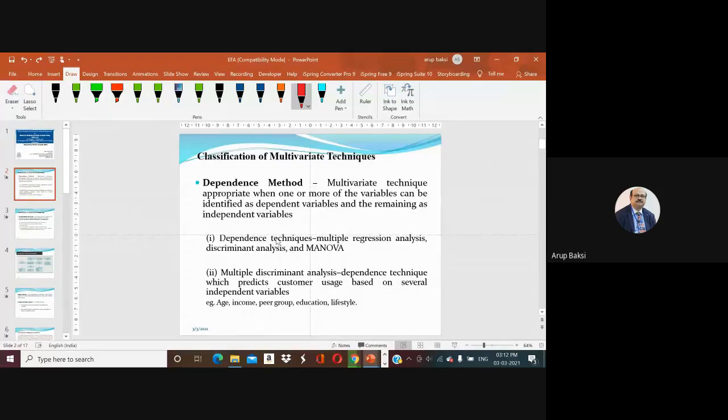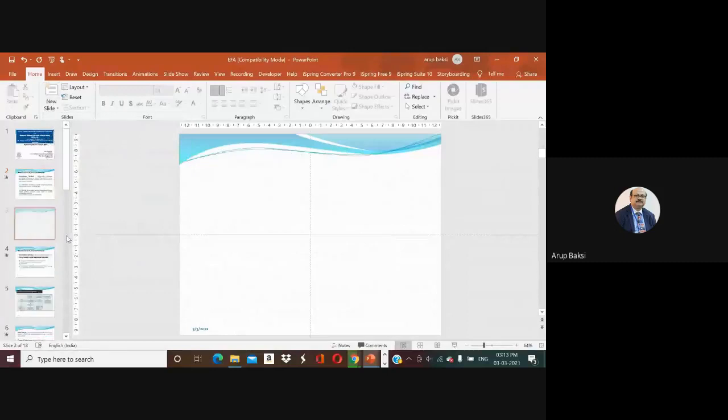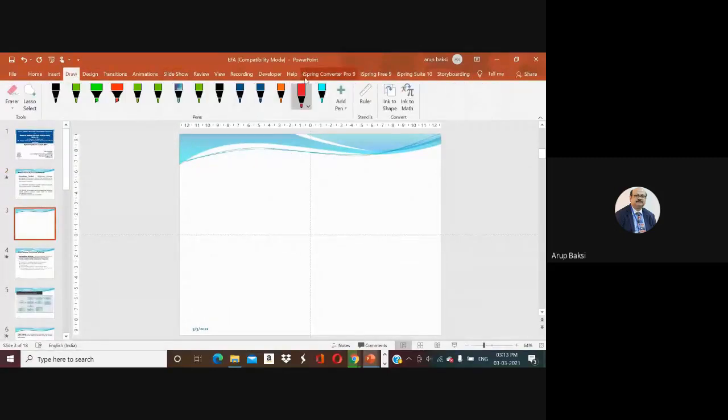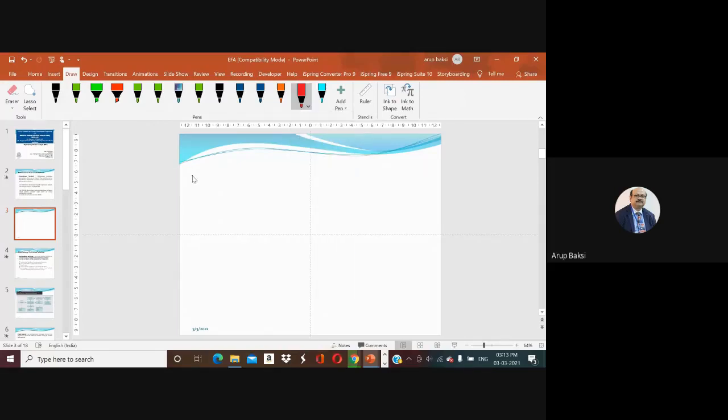So just going through it now in statistics. Apart from various methods, we can primarily identify two very important techniques, or two very important methods. One is basically the dependence technique, and the second one is the interdependence. So when it comes to the dependence technique, there is an